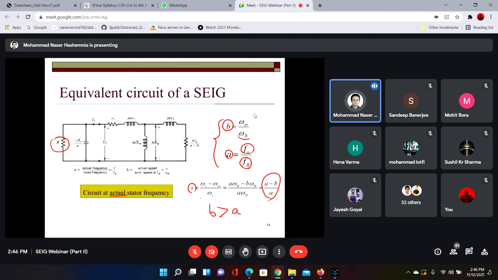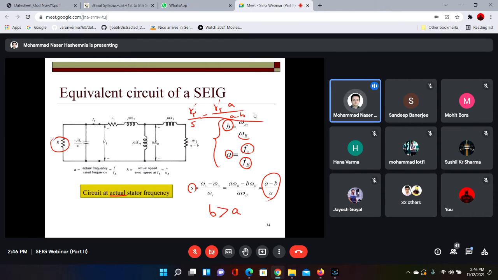Here we had R2, of course R prime 2, but the notations may differ from reference to reference. This is R2 divided by slip. R2 divided by slip is R2 times A divided by (A minus B). So this is here. The reactances are